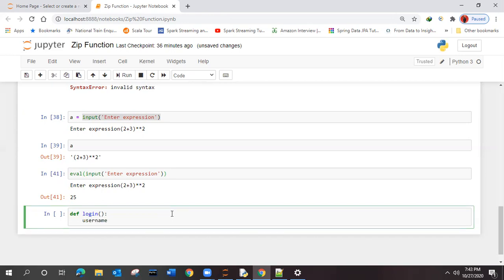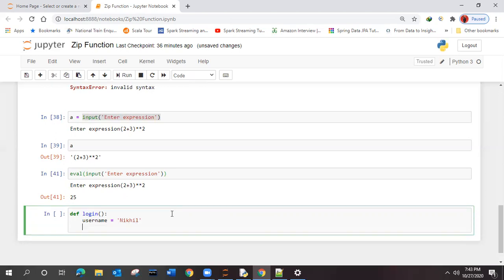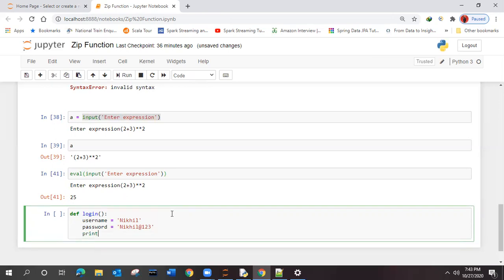Username equal to Nikhil, password equal to Nikhil at the rate 123, suppose. So this you have given, and here you will have some print statement.